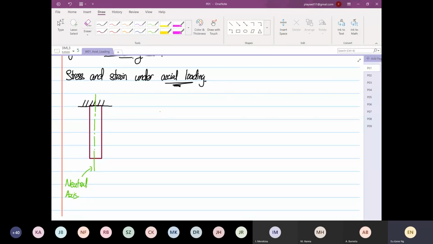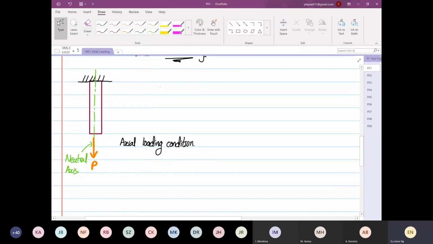So when the load is applied along the parallel to the neutral axis, P over here, this is what we consider axial loading. Okay, so under axial loading configuration,